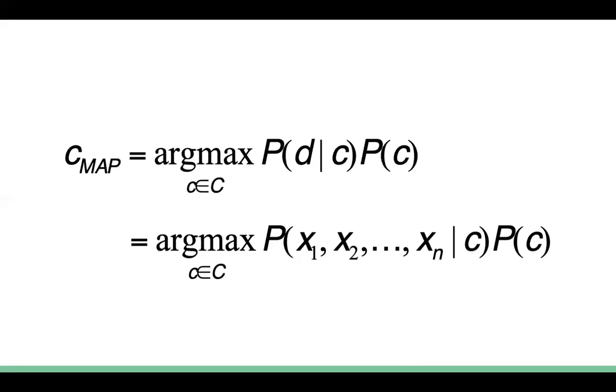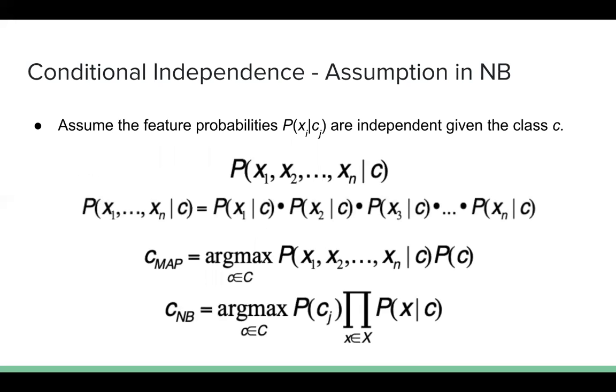Why it is taking that kind of an assumption is that the moment you consider each and every feature as an independent one, you know that when two events are independent in probability, then your P of A intersection B will become P of A into P of B. So you're basically multiplying it.